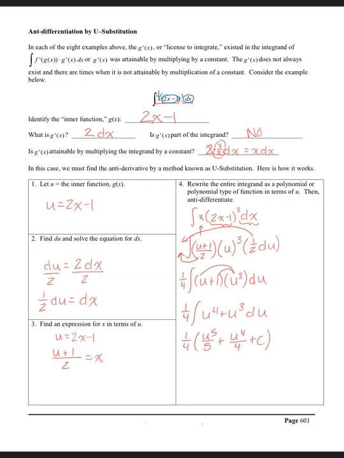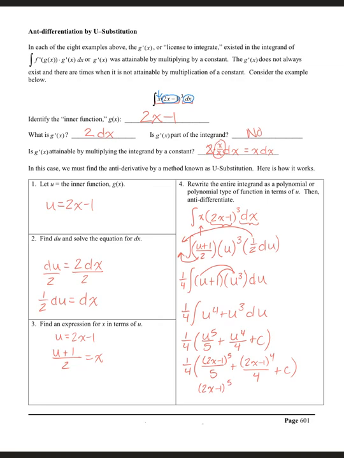Okay, so if we change this back into terms of x, so u was 2x minus 1, to the 5th divided by 5 plus 2x minus 1 to the 4th divided by 4 plus c. So it's fine to leave it like this. In fact, if you're doing a free response, I encourage you to just leave it like that. But if we wanted to simplify just a little bit more,